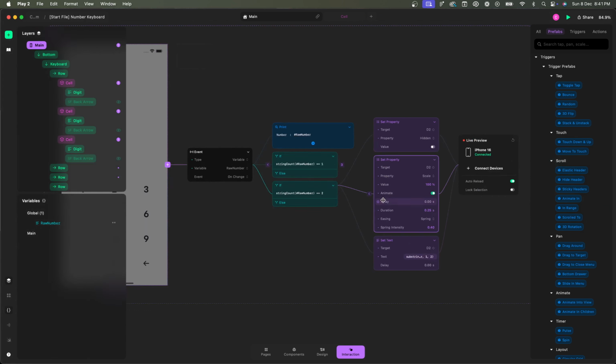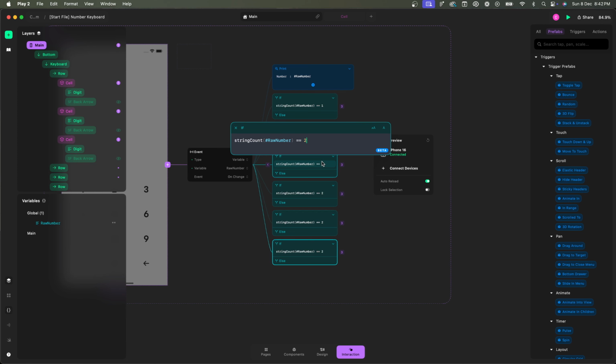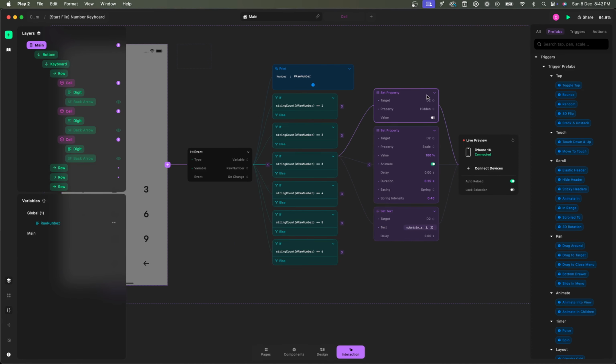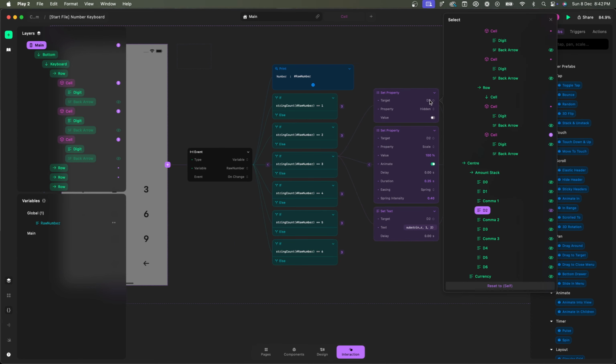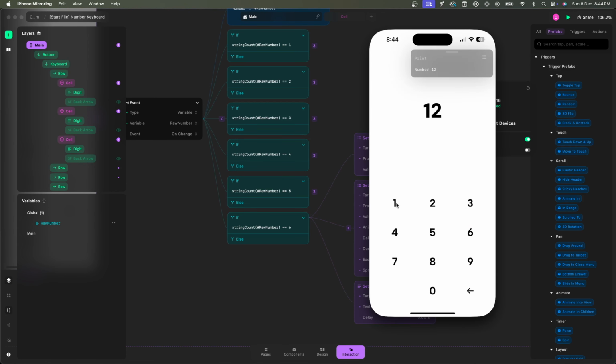All right. Now all we got to do is duplicate this a couple of times. So this would be 3, this would be 4, this would be 5, this would be 6. I'm going to quickly update all of this, and I'll see you back in a second. All right, as you can see, I've duplicated it. And for the sixth one, if the number of digits is 6, then I want you to unhide digit 6, scale digit 6 to 100, and also update the sixth digit to the sixth digit of the variable, right? So now if we do a quick test, I can type in 1, 2, 0,